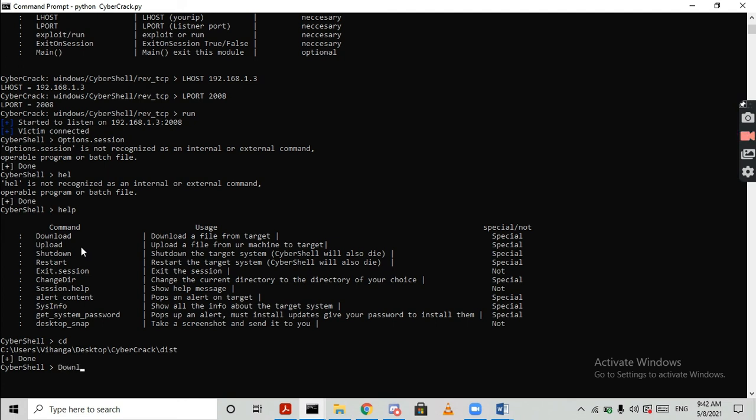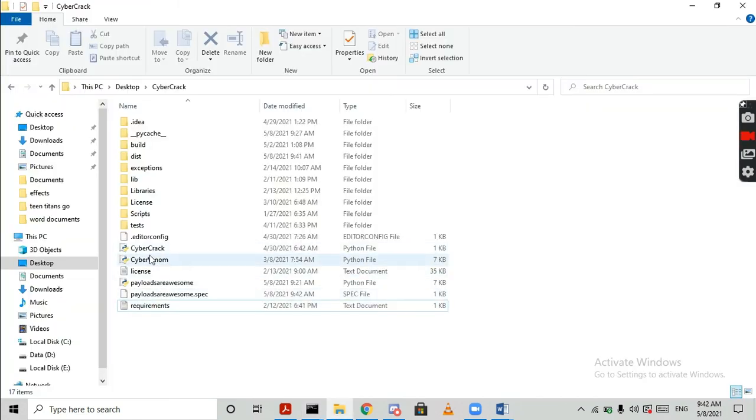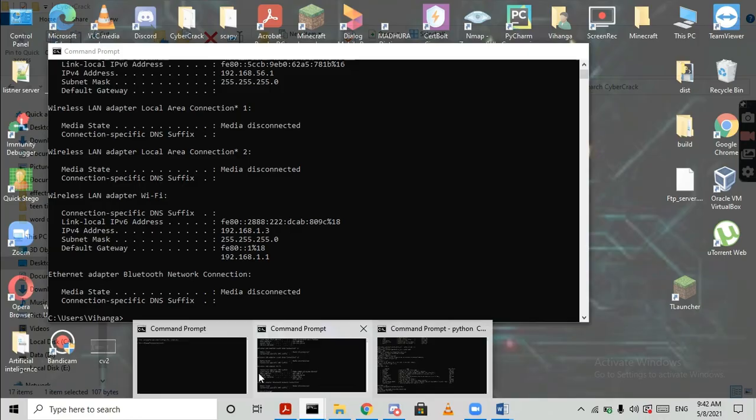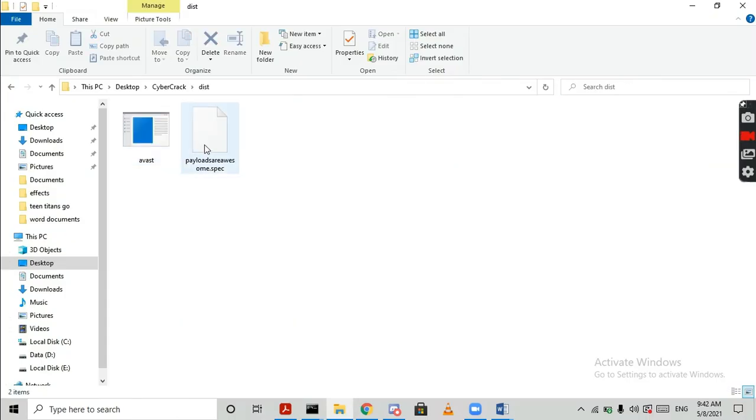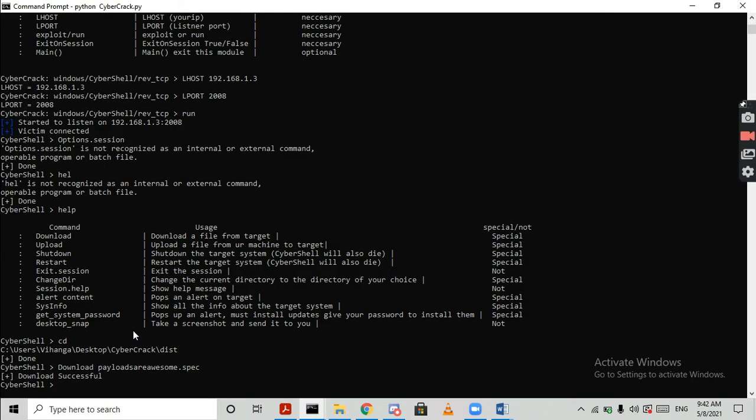Now we are going to download the payloads are awesome.spec file. So just type download, D capital, payloads are awesome.spec. Okay, then you can see download successful. Now if you go to this, you can see payloads are awesome.spec file has been downloaded. So again we are going to upload the payloads are awesome.spec file into this directory. So in order to do that,